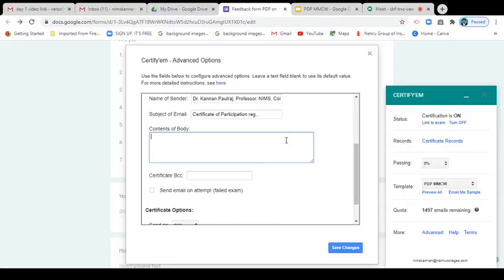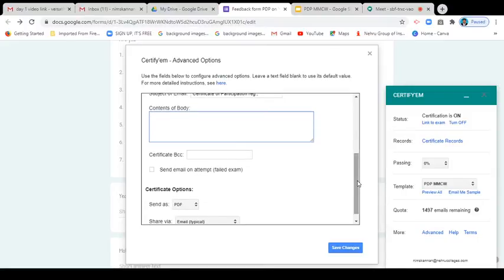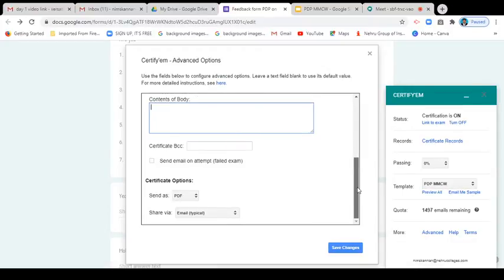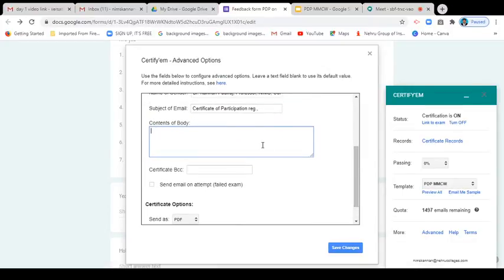In the upcoming days we have another program, so I entered the program title, the resource persons, the registration link, and Telegram group links, everything in this email body. So automatically the certificate is dispatched to the participants, and the next event invitation is also dispatched to the participants. That is what I have been doing. Here you can type thank you very much for your participation, like that. As per your wish, you can enter it.